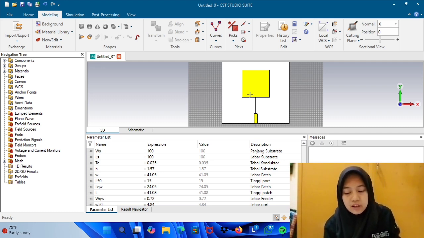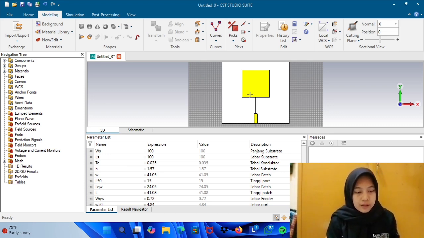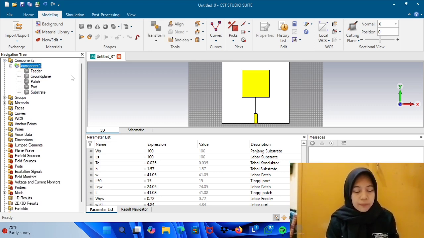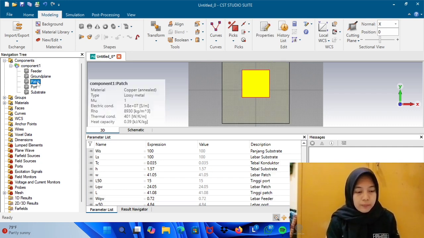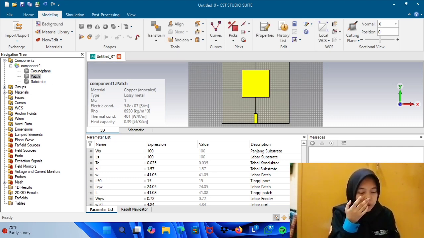The next step, set the boundary condition. Set the simulation boundary condition to open at space so the field can radiate freely into the surrounding space. Adjust the extra space on all sides to prevent reflection. Okay, you can click component. You click patch, click boolean, control. You zoom.